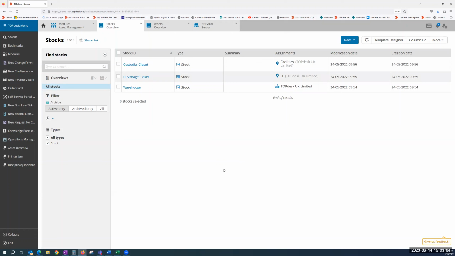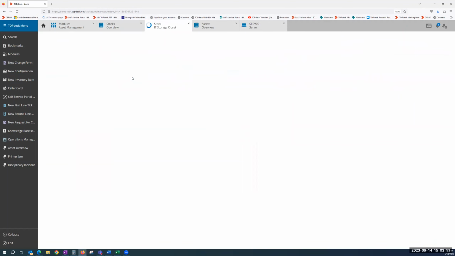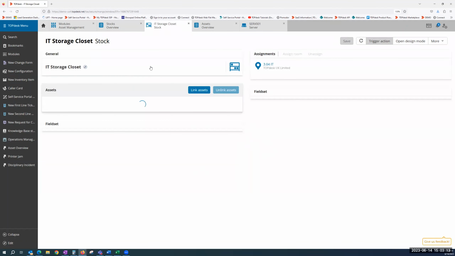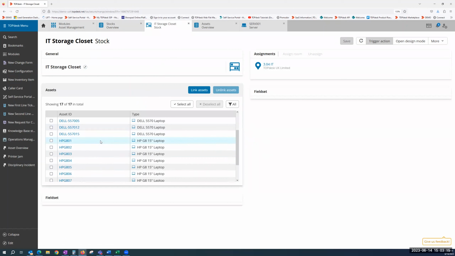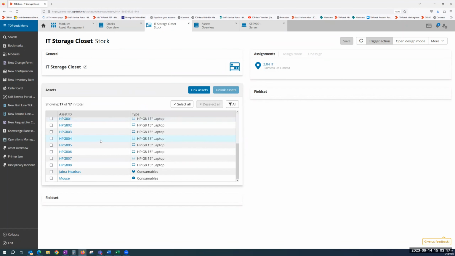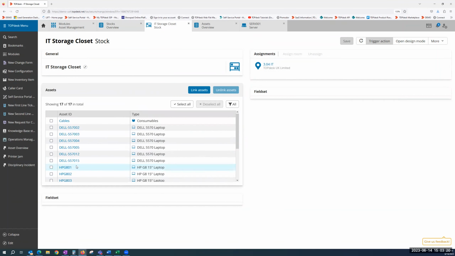One way we can help to manage those stock items, those in some cases consumables that you'll have, is to designate where they're going to live. In this case, I'm going to look at this IT storage closet. And what this is showing me is that inside of this closet, there are 17 items broken out between things like laptops that we have ready to deploy,